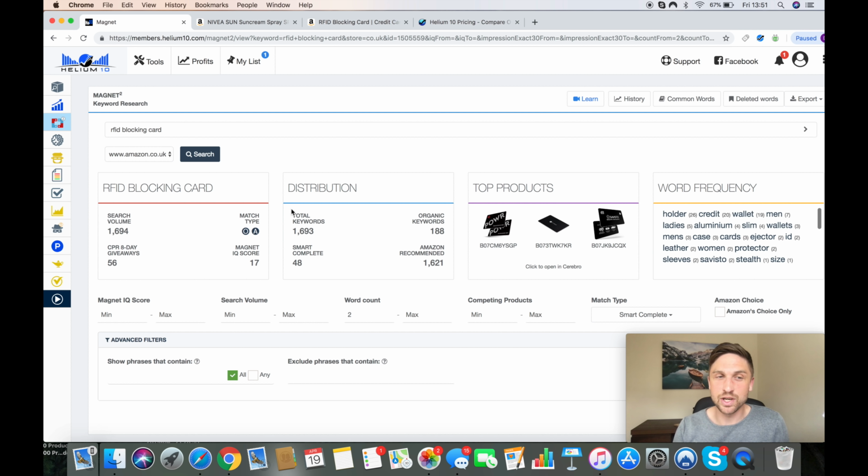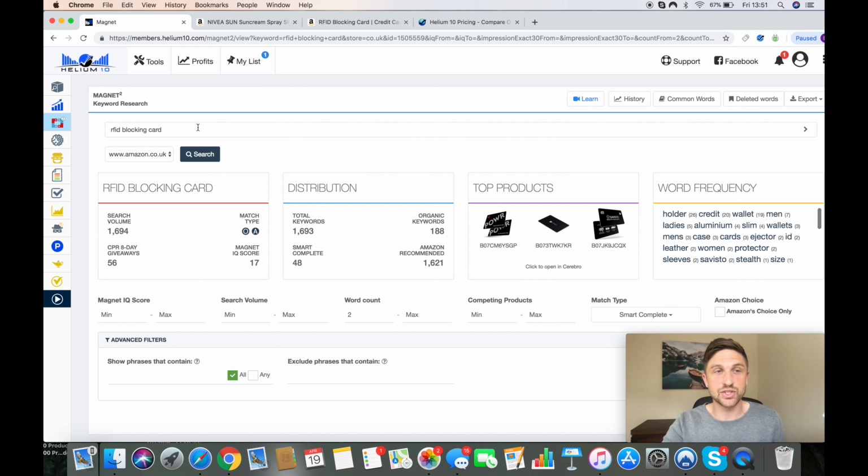Also, something to mention about this tool that you can capitalize on and make the most of is you can use this at a few different stages, right? So you can use it at the stage where you're conducting product research and you're trying to establish what keyword phrases or what search terms have a high search volume. You can use it at the stage when you're creating your listing to understand what search terms have high search volumes that as a result you'll want to include in your listing. But you could also use this and kind of double it up as using it in the product research stage, right? So what I mean by that is when you're searching for